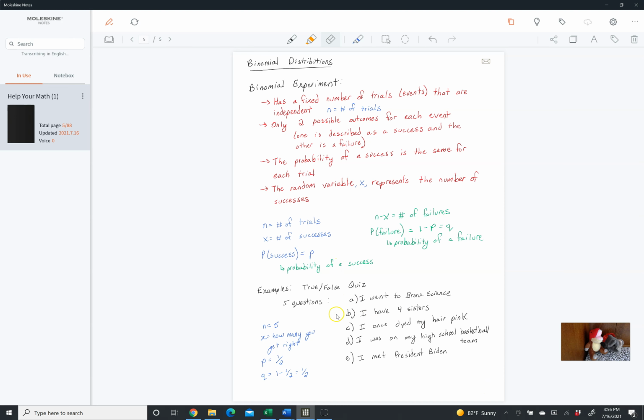Okay, so if we got 3 statements right, then x would be 3. If we got 5 statements right, x would be 5. And you can sort of experiment with this. I will tell you,